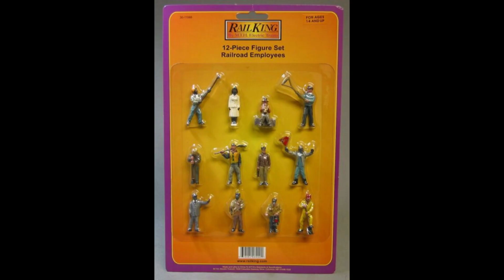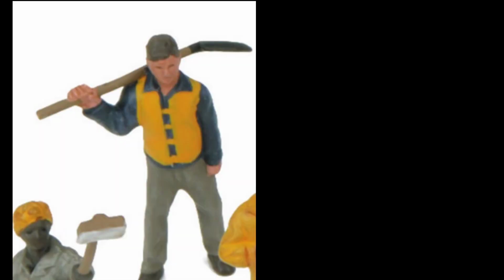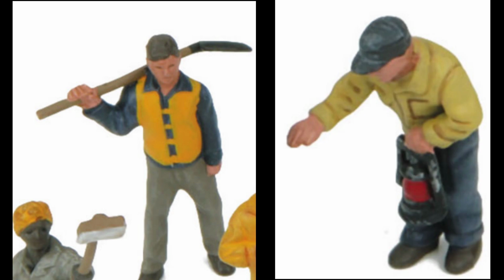I found this MTH figure set, and it had two figures which I could make work. This fella would go in the cab, and this fella would be the man on the ground. All it would take is a little bit of surgery to rearrange the figures in the position I needed them